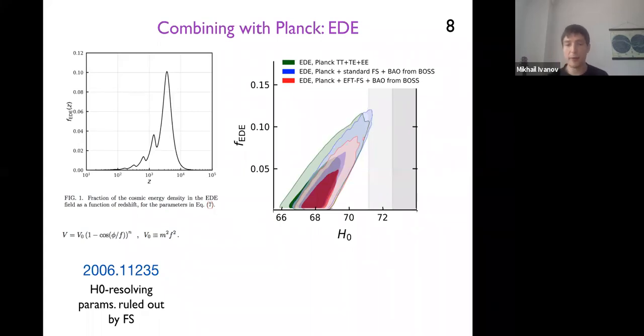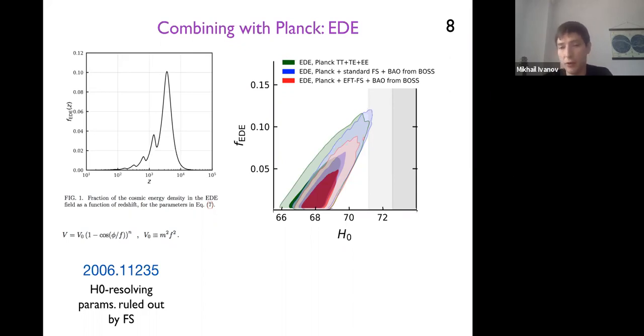However, maintaining a good fit to the CMB requires shifts of other cosmological parameters. And those shifts are in tension with the large-scale structure data, with the shape of the galaxy power spectrum. So we have done a joint analysis of the early dark energy scenario using the Planck CMB data and the BOSS full shape measurements. And we have found that indeed the region of parameter space that resolves the Hubble tension and which is not strongly excluded by CMB becomes disfavored once you include this data.